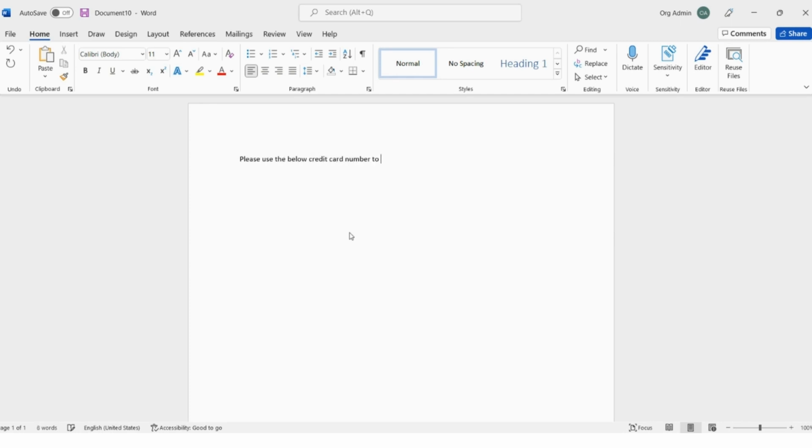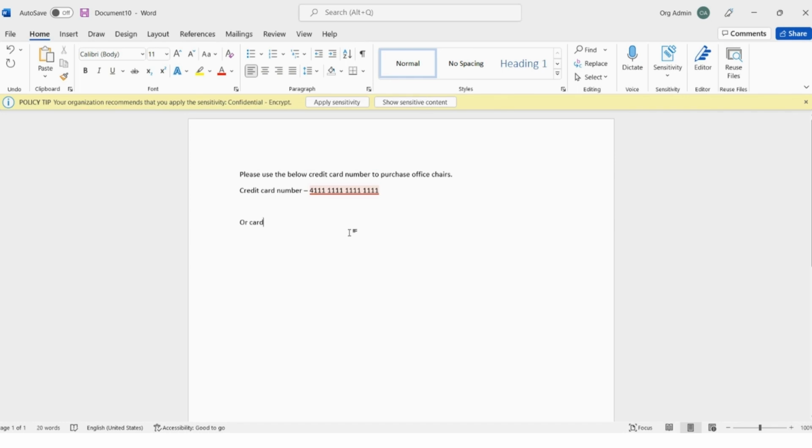Number to purchase office chairs, and here I'll put the credit card number. Further, let me just put another card information. Okay, so before I proceed any further, as you can see, it has detected the confidential information,